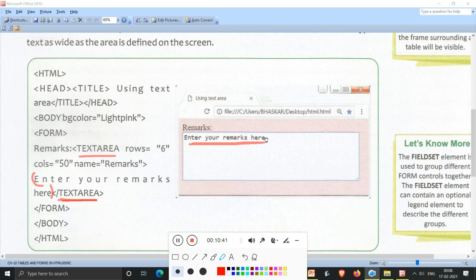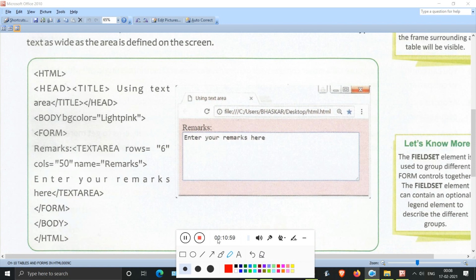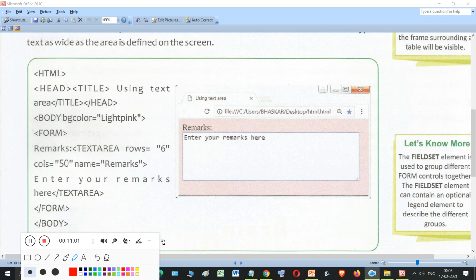Now before writing your remarks, you need to delete this and then you will type your remarks. Okay, then after closing the textarea tag, you close the form tag, then you close the body tag, and then at the last you close the HTML tag. So let us see this practically how it is done.